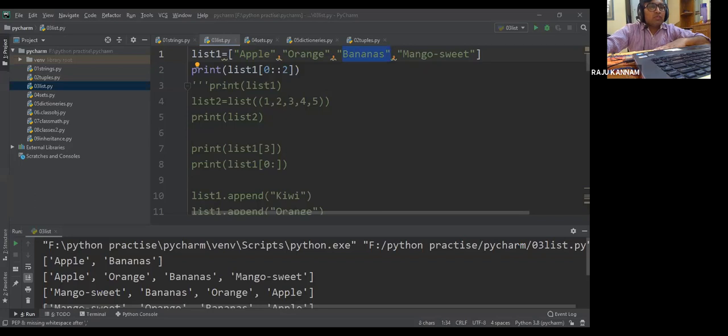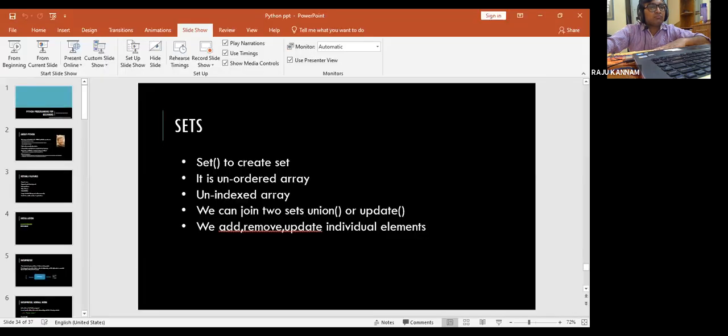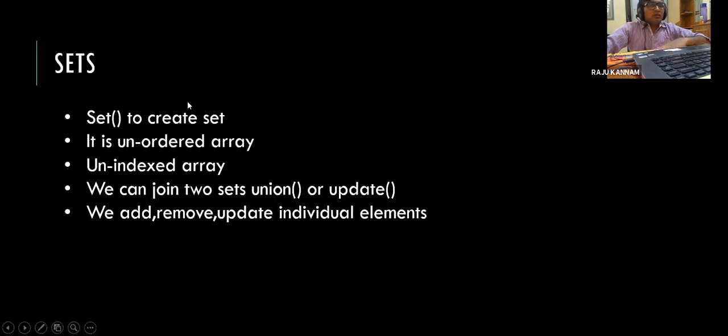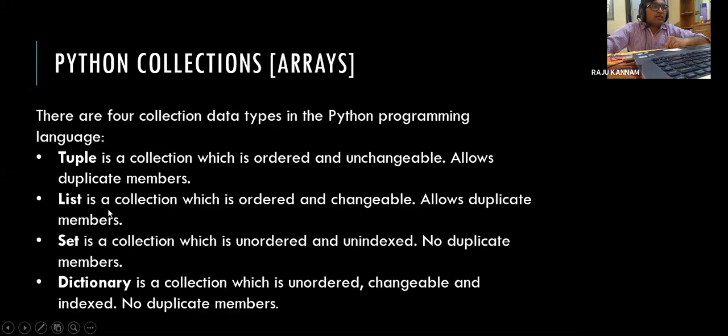Okay. So right. Now our today's session is the next collection, that is set. Okay. So of course, yesterday we started. Set is a collection which is unordered and unindexed. There is no indexing and there are no duplicate members also.